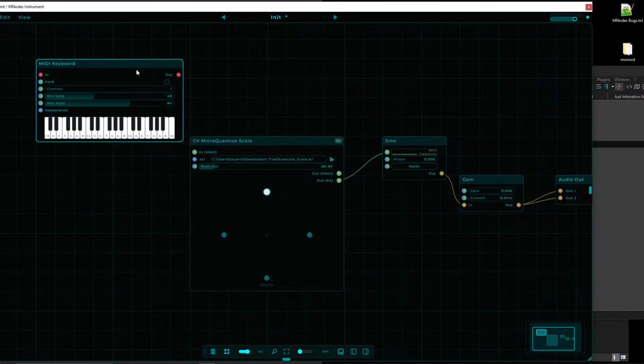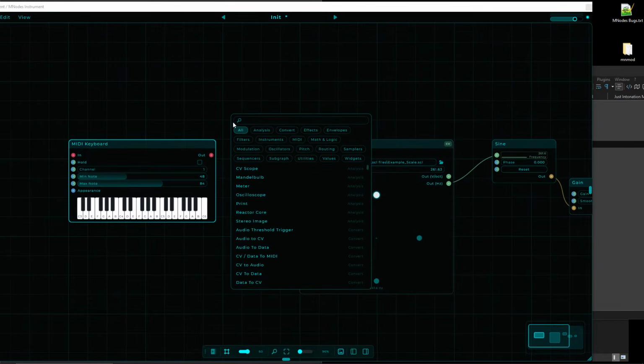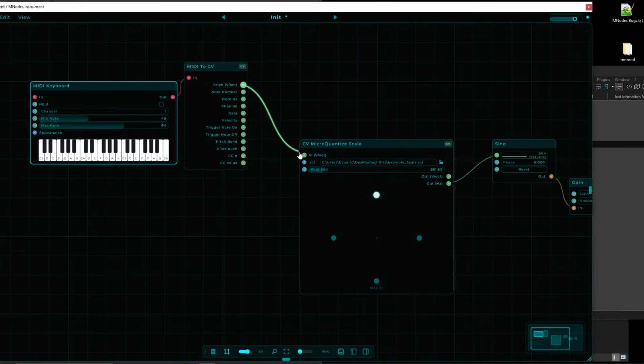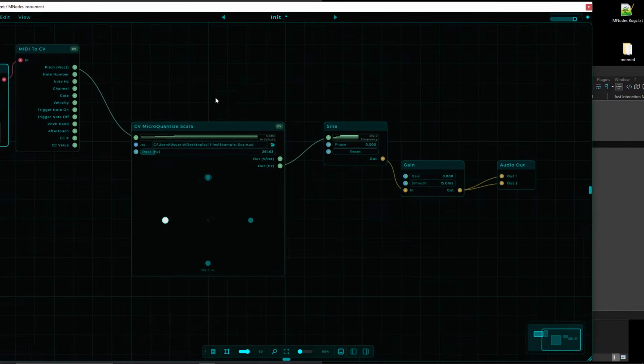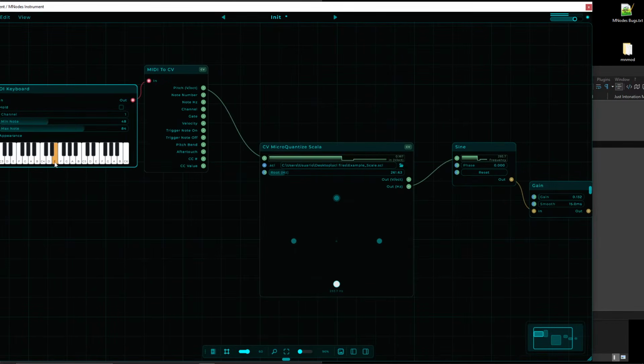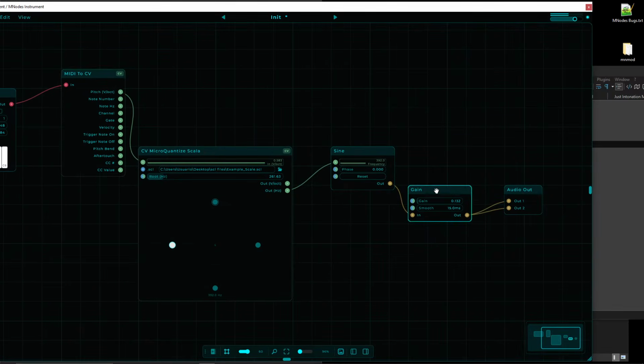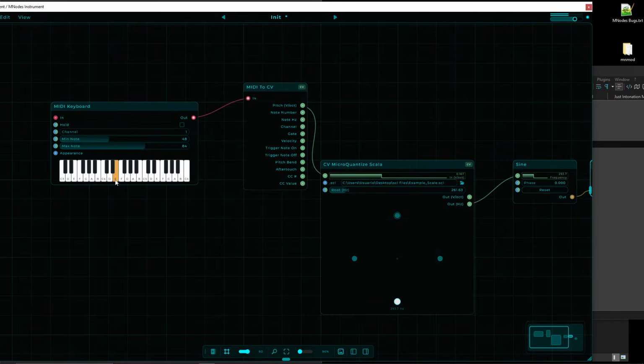MIDI keyboard, I think these few notes will be shown. MIDI to CV, and then put this here. But I'm not sure if this is working perfectly right now, but